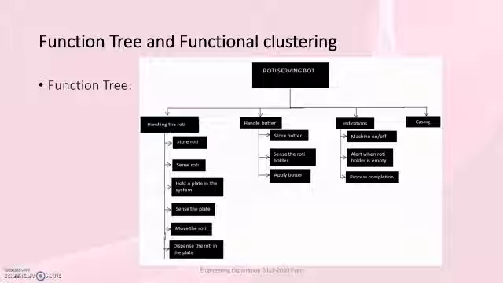The function tree: our bot performs 4 major functions: handling the roti, handling butter, indications, and casing. These 4 functions are further divided into sub-functions. Under handling the roti, the functions are store roti, sense roti, hold a plate in the system, sense the plate, move the roti, and dispense the roti in the plate. Under handling butter, the sub-functions are store butter, sense the roti holder, and apply butter. Under indications, the functions are machine on or off, alert when roti holder is empty, and alert when the process is completed. Next function is casing.